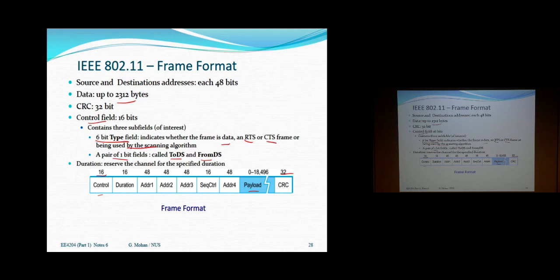There is also a field called duration. As I said before, when a node sends an RTS frame, it also specifies the duration, how long it wants to transmit, depending on the frame size, in microseconds. The sequence control is not of interest; it is for fragmentation and other purposes. But let's look at the address fields. You can see that there are 4 address fields: address 1, 2, 3, 4. If you look at the Ethernet frame, there are only 2 address fields. The first address is the destination address. The second address is the source address. But here there are